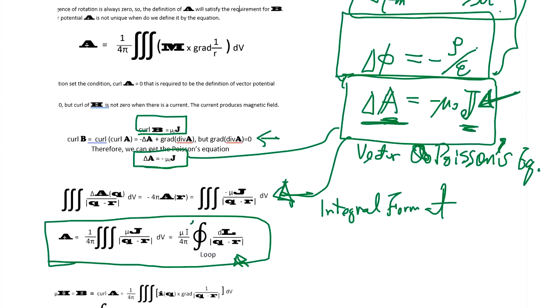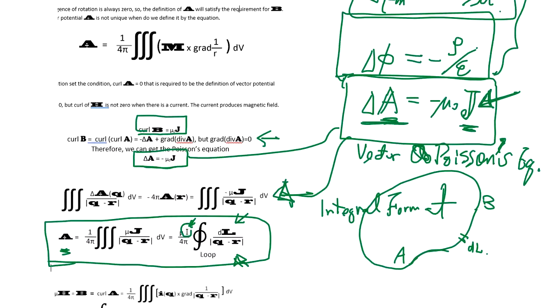You have I, current, and L. L is any current going through. This is a dl. And you take integral, path integral from A to B, and in this case, you need to have a loop